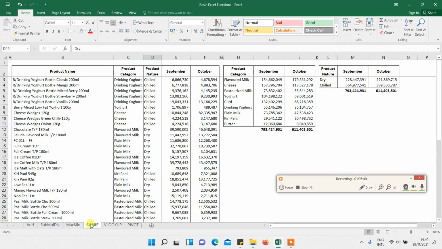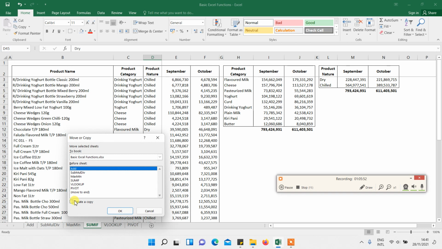We just need to right click on the sheet and then select move or copy, then tick create a copy, and then you need to select the position that you're supposed to insert the copy of the sheet. Let's say if you need to put it before the VLOOKUP sheet,